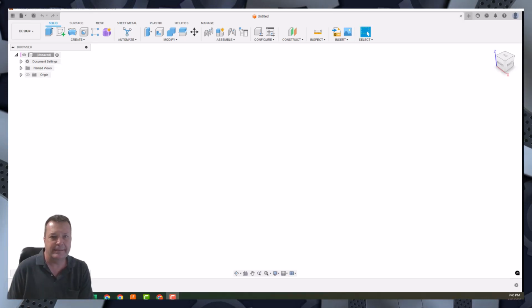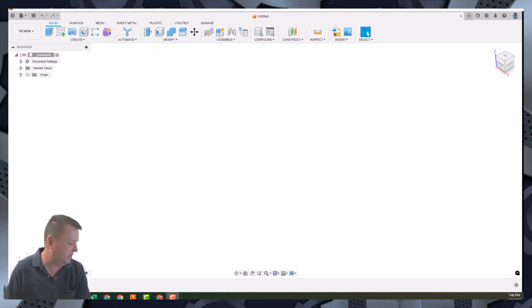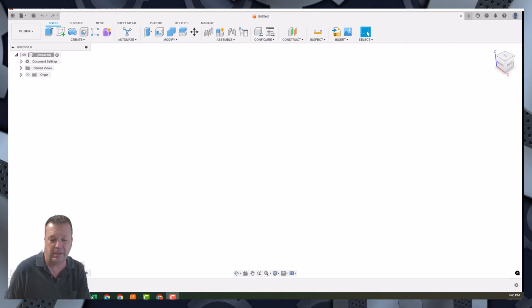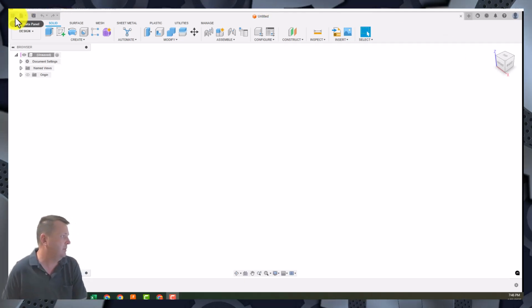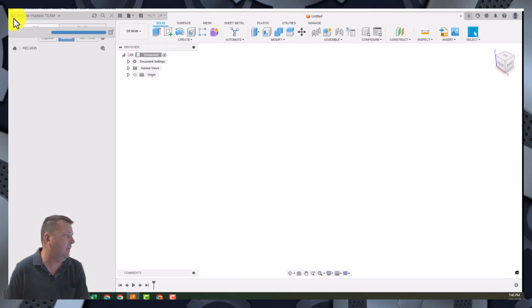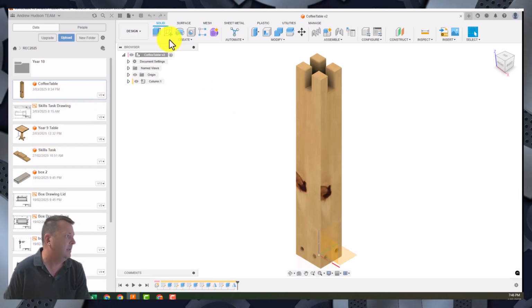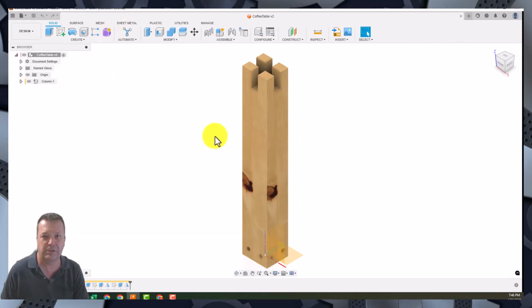Okay, so we're going to look at doing the second part of our table. This time we're going to do the cross-halving pieces that will support the top to the center column. So we're going to go to our data panel and open up our coffee table that we started. And once you've done that, close the data panel just to give yourself a little bit more screen real